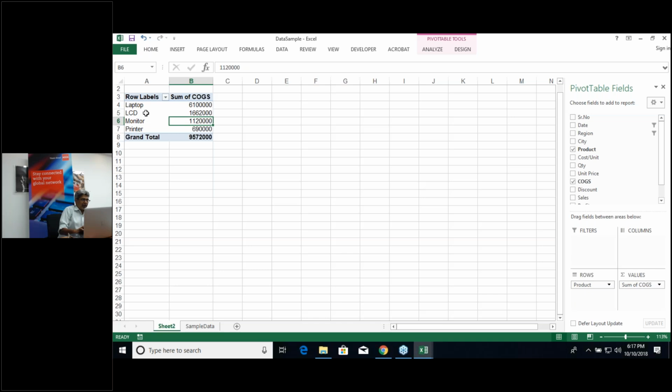I have one dimension that is the product. This product can have multiple measures. One is the sum of cost of goods. It can also have quantity. It can also have discount. It can also have sales and profit. So from this particular data set, we have identified that there are 5 different measures of a single dimension, and